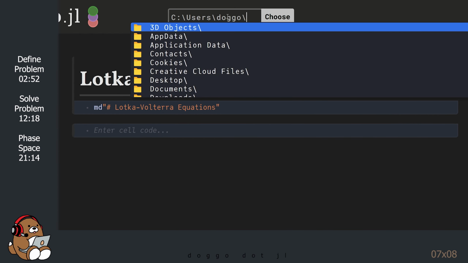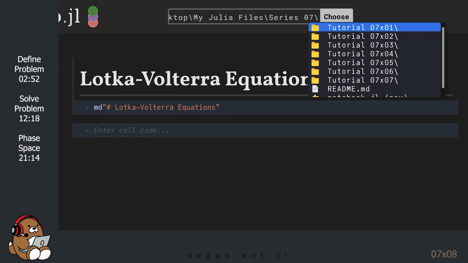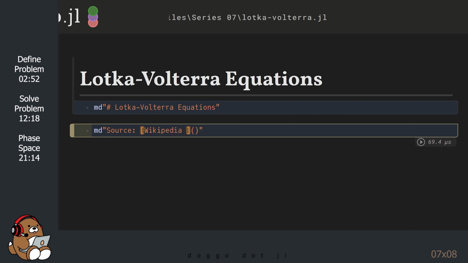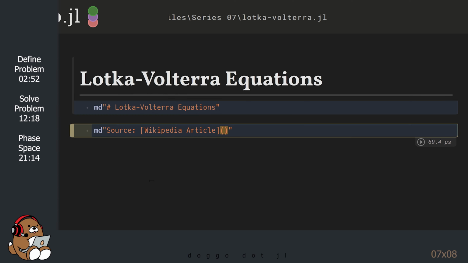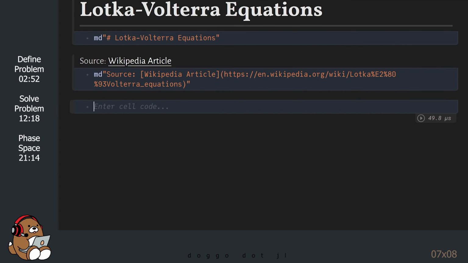Let's save this file by using the Save Notebook bar at the top. Just as a reference, I'm going to add a link to the Wikipedia article on the Lotka-Volterra equations. Next, let's add a few packages.